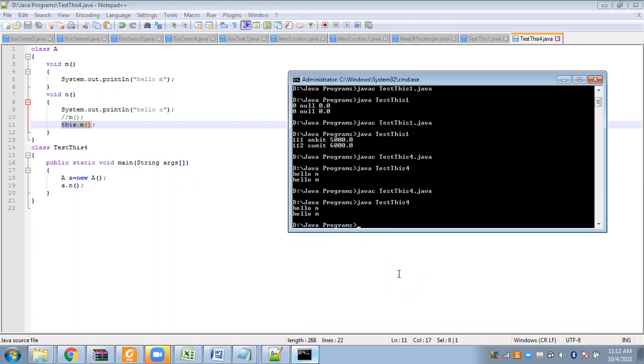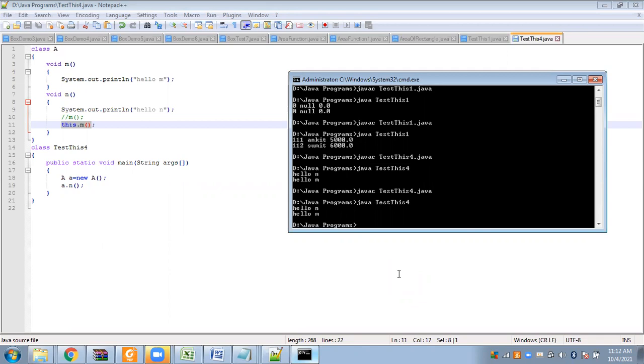So for today's class, let's understand that we use the this keyword for class instance variables and class member functions. In case of a member function, whether or not you use this, it will work fine. If you have used this, it's good. If you have not, the compiler will place the this keyword and make the function call.